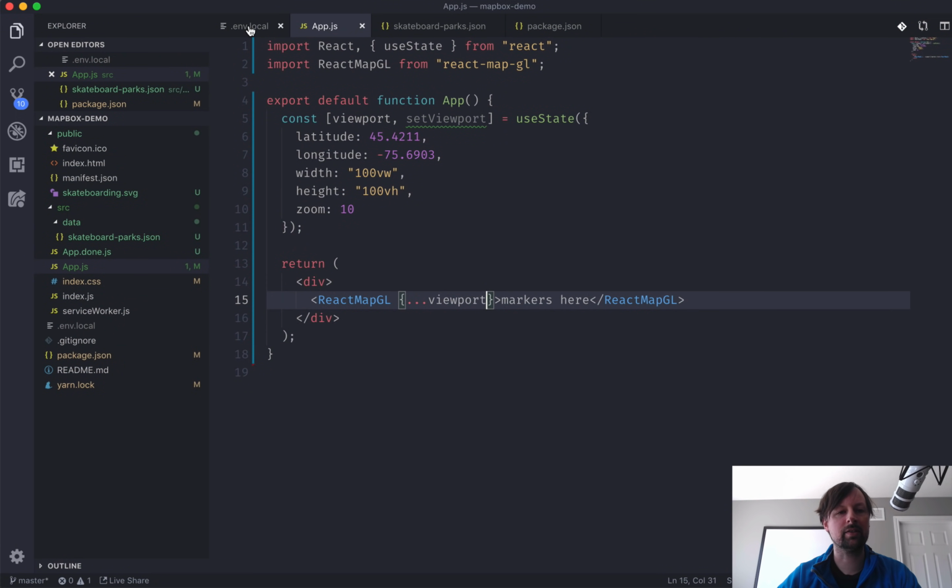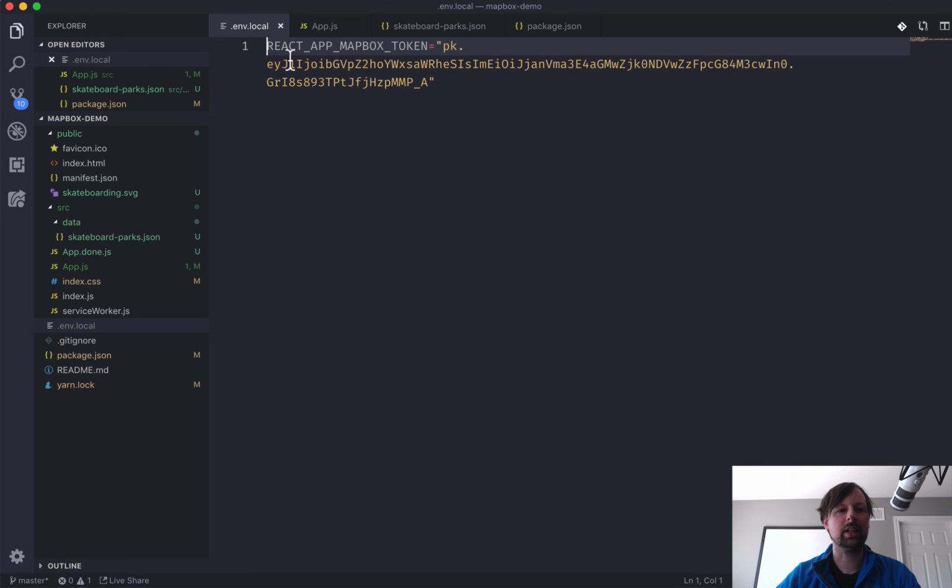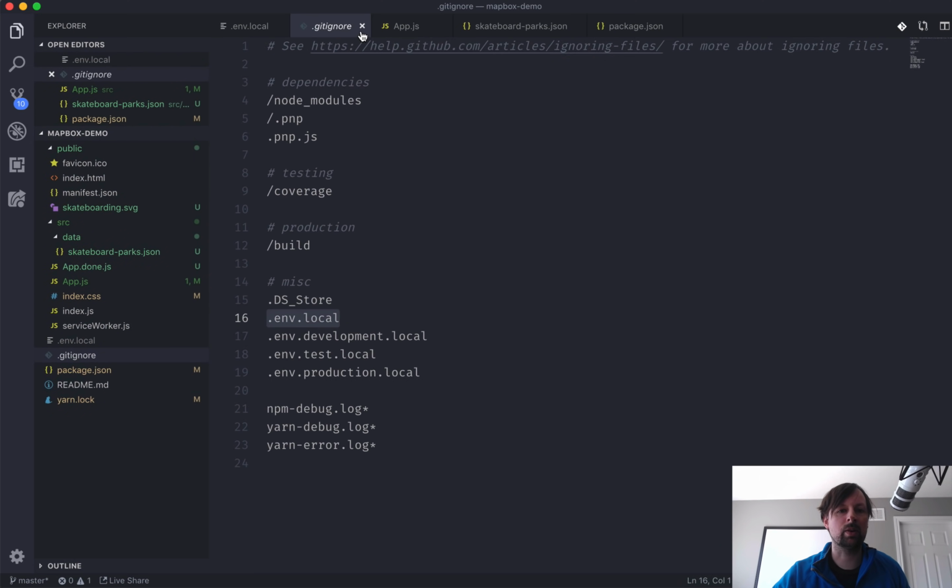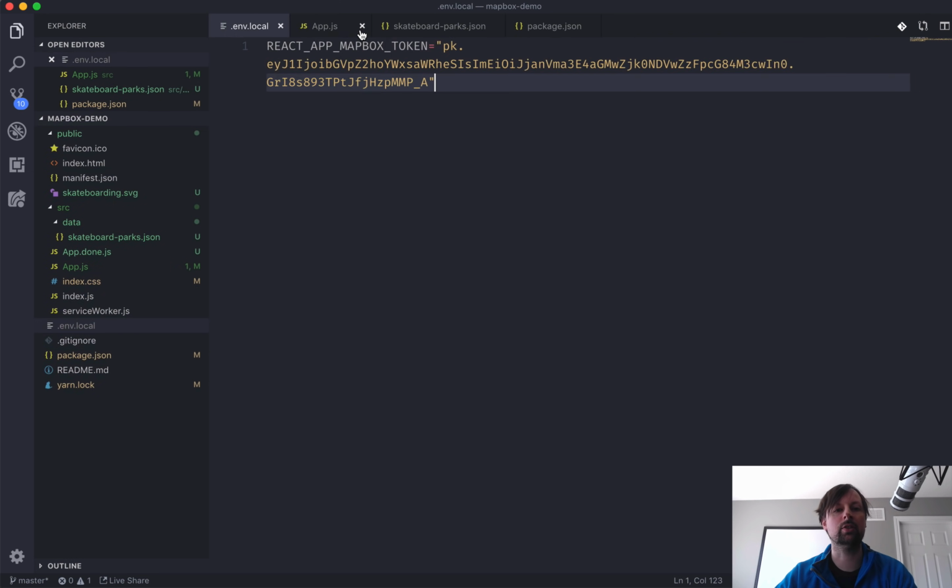So what I've done is I've taken that key and I've placed it in a .env.local file. And in here is where you can put all your local environment variables. Env.local is by default in the gitignore that comes with Create React app, so it's not going to be committed to your repository. And one secret here, though, is that all of your environment variables need to start with REACT_APP_, and then whatever the name of your token is. If you do not name it with this, it won't show up as an available environment variable that you can use